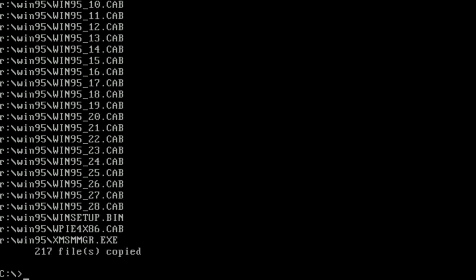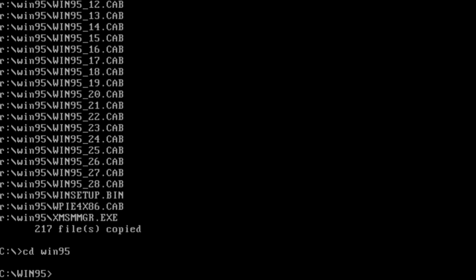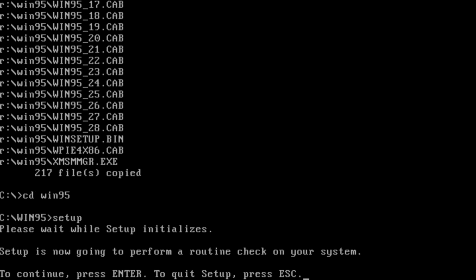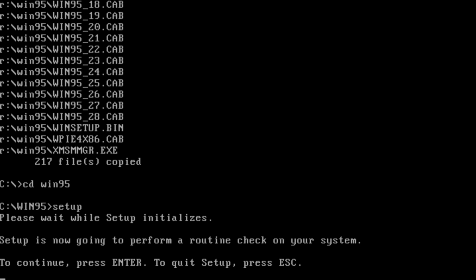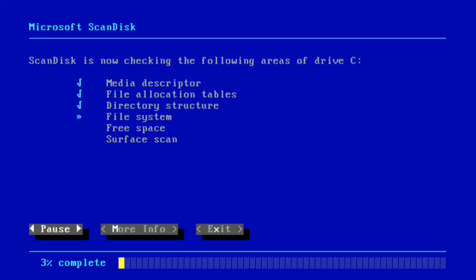Okay, after it's copied, type CD Win95, and then type setup, enter, continue, we'll press enter, and then it's now scanning the following areas of drive C